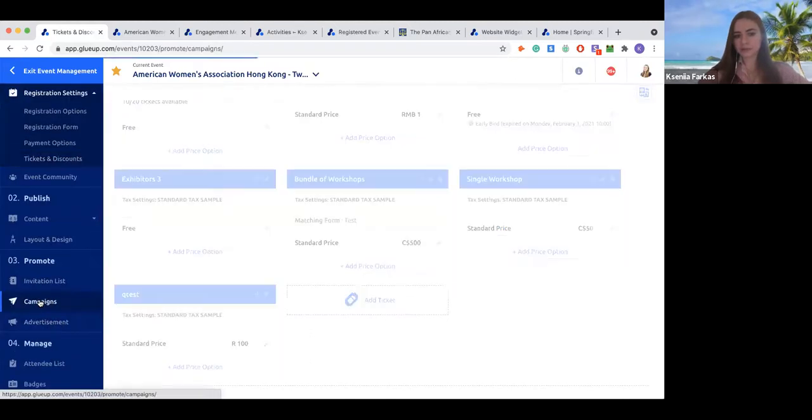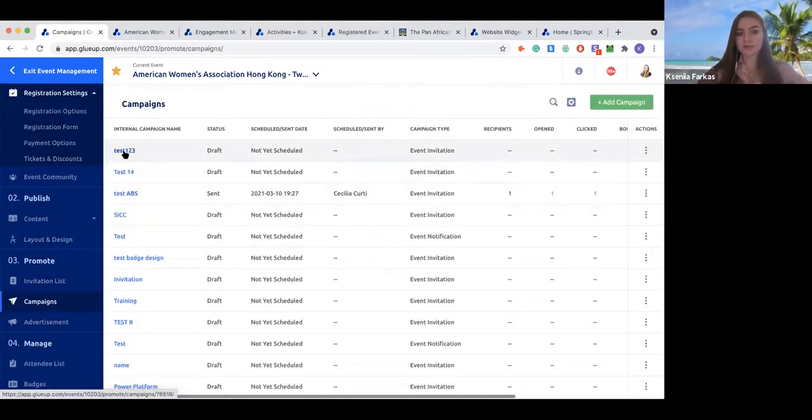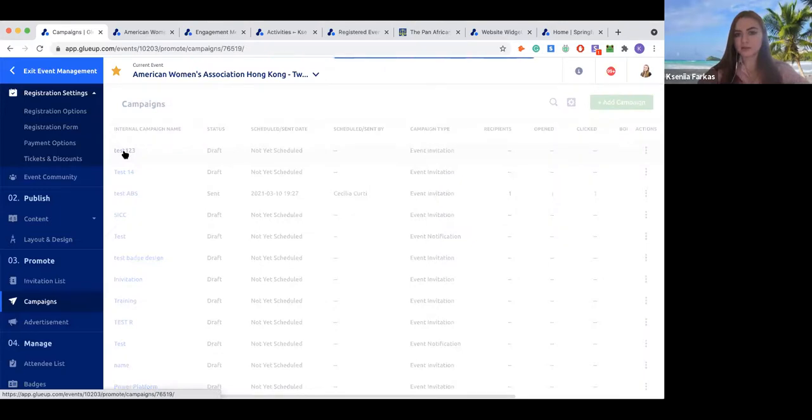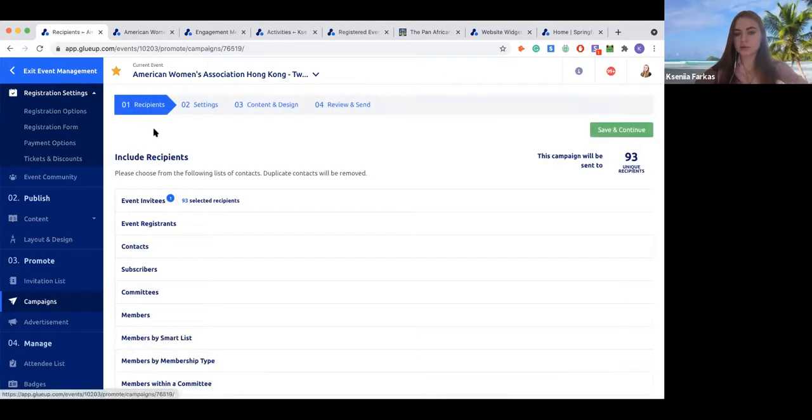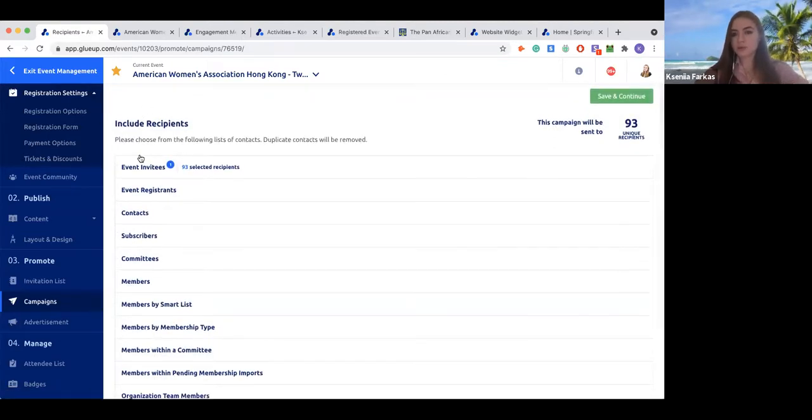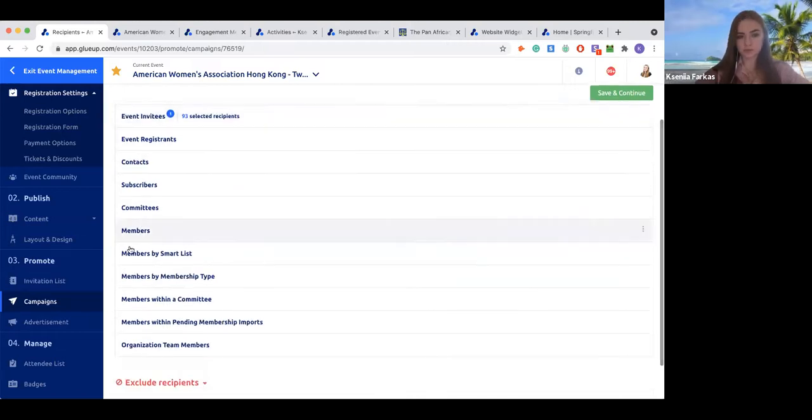Now, what is available here as well? From the platform, you can send an event invitation with RSVP. There are a few steps that you would need to take in order to send the campaign to your contacts. The first one is you select the recipients. If you remember, I was showing you the smart list, where you segregate your database based on particular filters. So you just use this list to send the invite to. So they can be selected